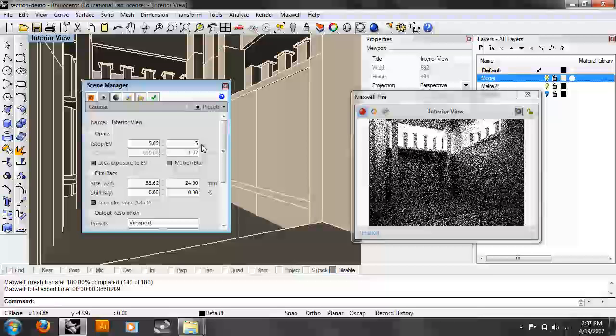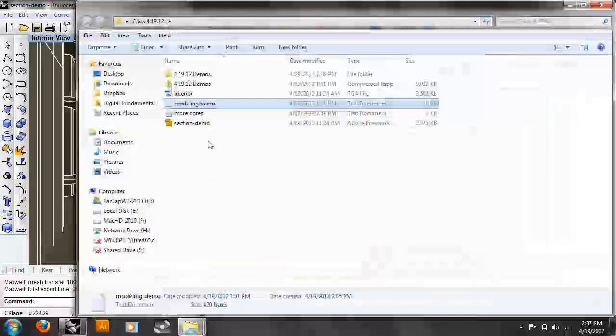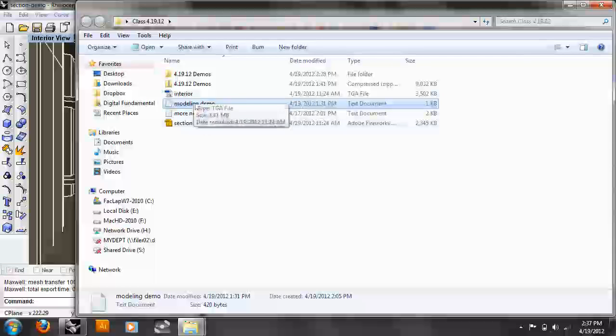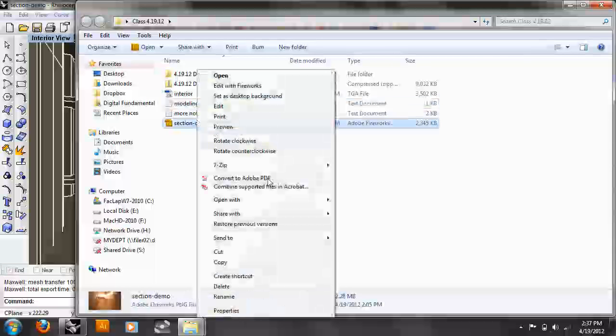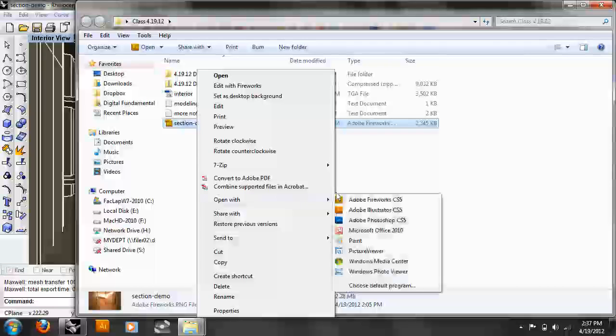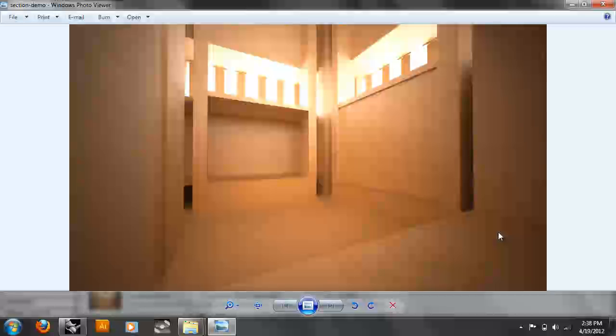Okay, this is pretty. Now this doesn't look very good, but you can see that this does illuminate the space. Okay, if I go into my files, I'll show you what you get. Proof that there is literally light at the end of the tunnel. That's with the materials I had applied. So that took a half hour. It's still a little grainy, but because again, it has to gather more light to produce the image than the